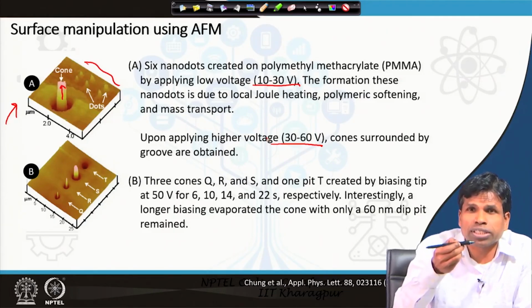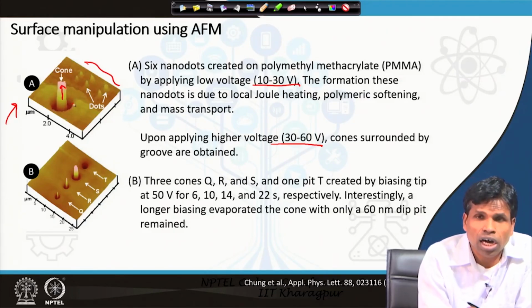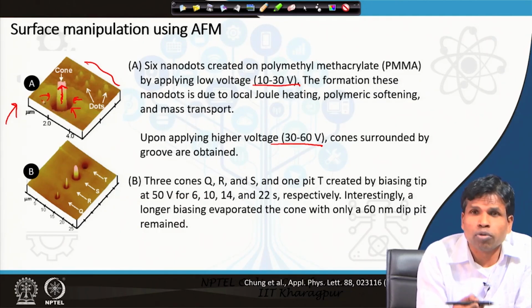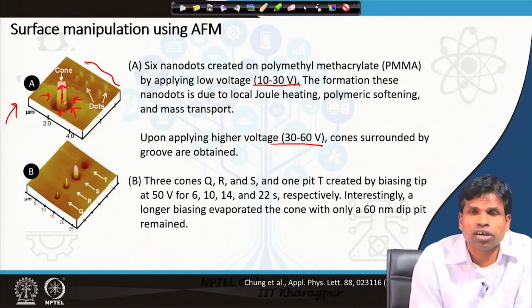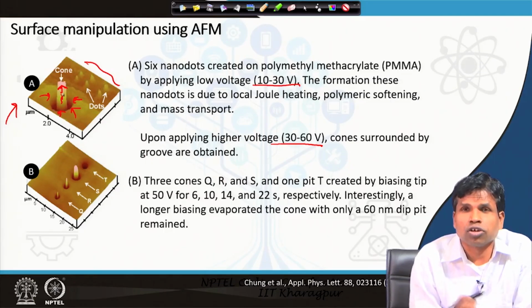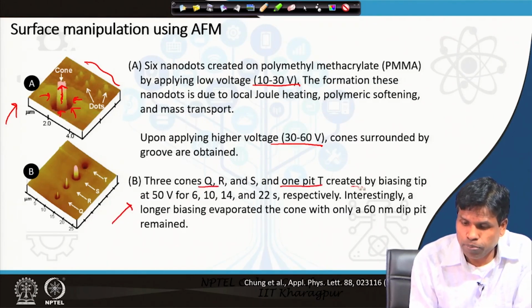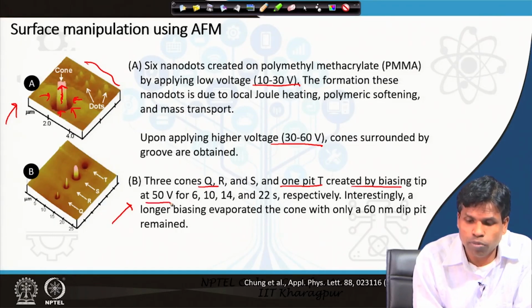because with higher voltage the material will go much further upward. To create this type of cone, there is certainly a creation of grooves around it, because the materials are being pulled away to form this cone. So, there are grooves around this cone, giving these features, which is done just by AFM by applying a controlled voltage. Now, there are 3 cones, Q, R, S, and one pit created by biasing the tip at 50 volts